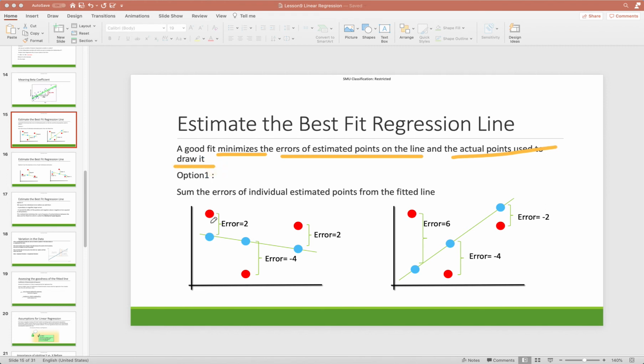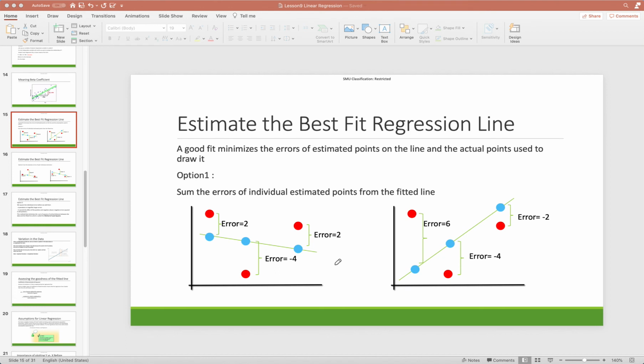So what we're saying is that in this example, these red points are the points that we have to explain. And suppose we drew this line through the points to describe the relationship. Now we know that these represent the error. The error is the difference between the real value, which is here, and the value estimated by this particular point on the line. So this is the error. Another example: if you have this estimation for this observed point, then this is the error. Similarly, these are all errors.